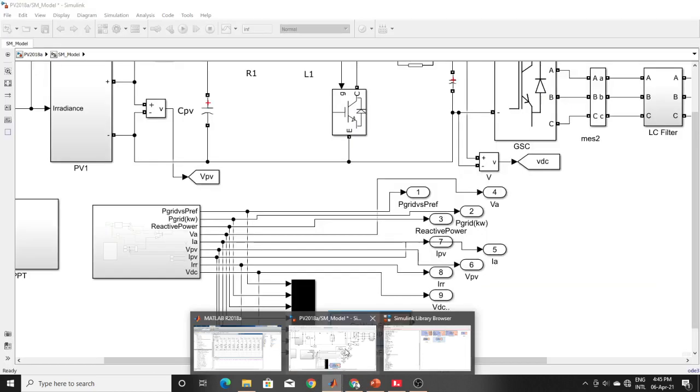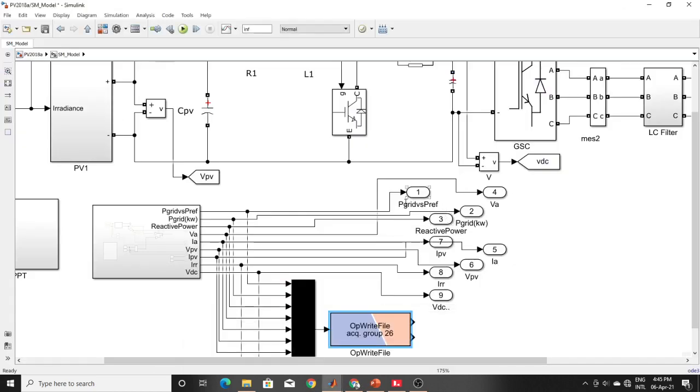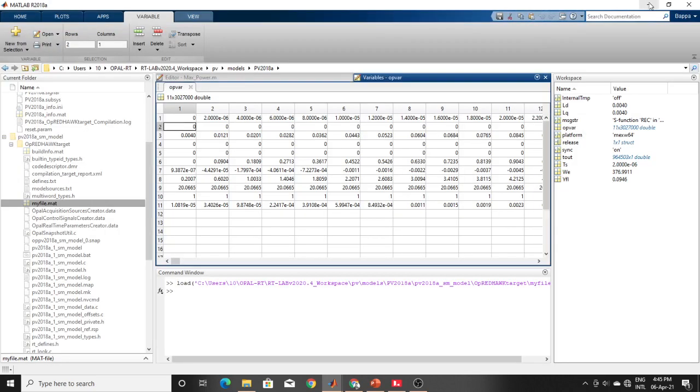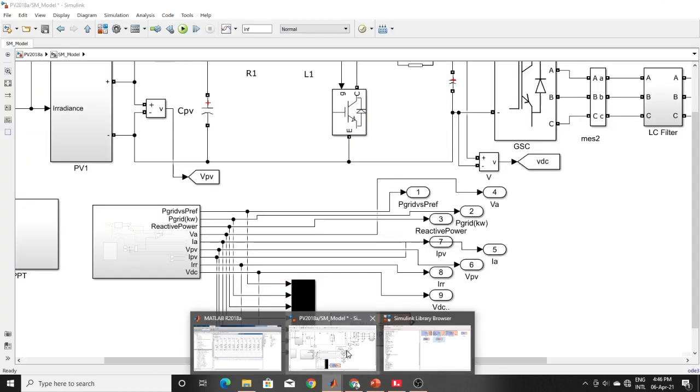But look at what I am showing here, I have two signals in number one. Leave it, let's just think I have one signal here, PV grid. So what will be my result? This number one row is time, number two is PV grid, and like that it will come.